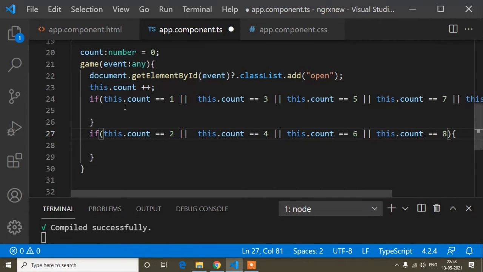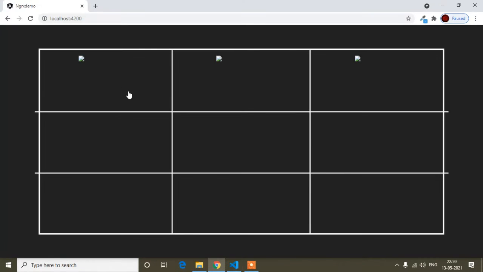Okay, so that's why count is 1, and when the user clicks the second time, I want to show 0. After 0, the count will be 3, because first time the count is 1, because the first time the user clicks any box, the count will be 1, and I show the cross.